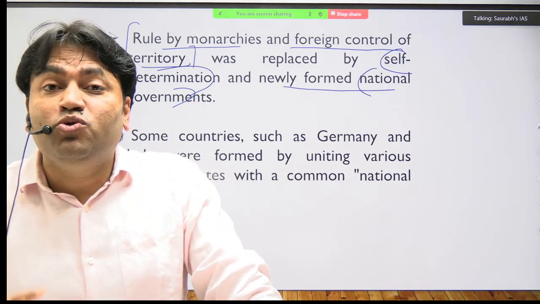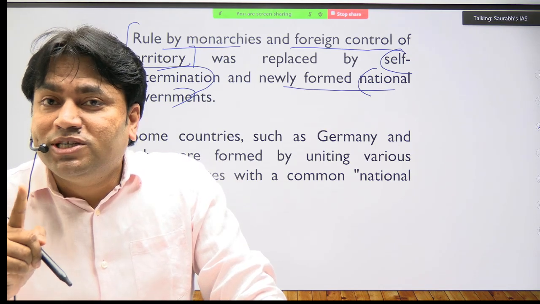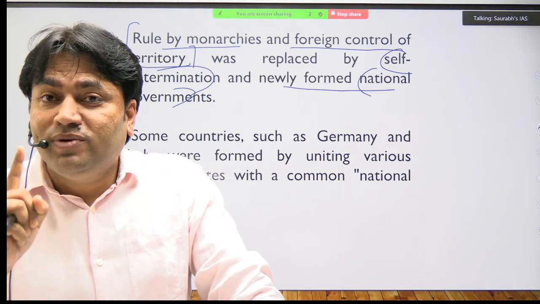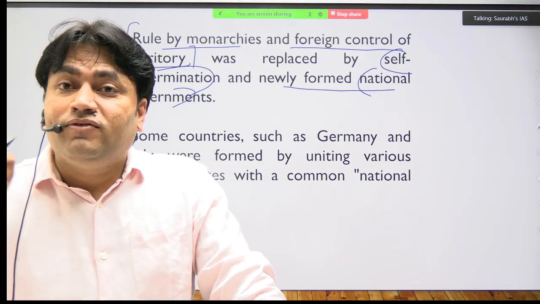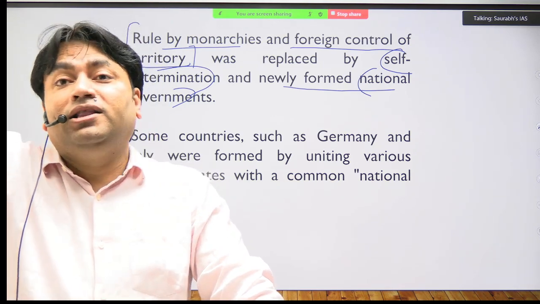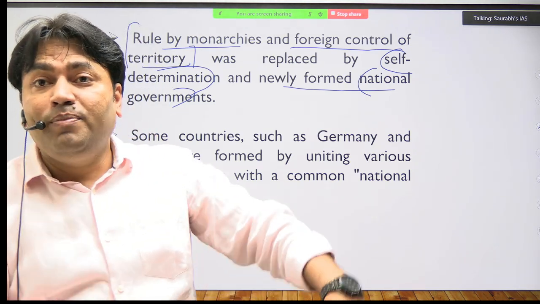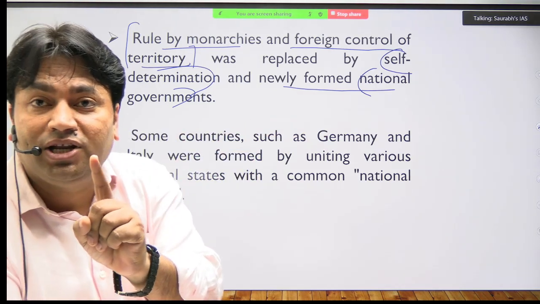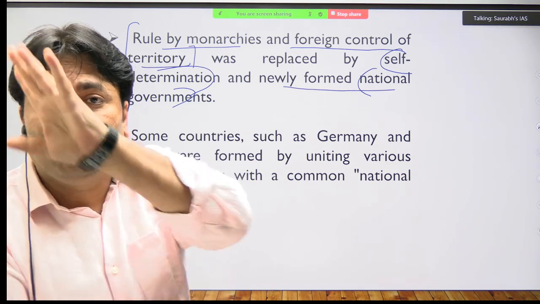In First World War, US will do what? US will emphasize. When US will participate in First World War, US will say that the right of self determination must be granted in the colonies. तो यूरोप में यहाँ जो नेशनलिज्म के दौर में जो डिमांड हो रहा है सेल्फ डिटर्मिनेशन का, यह आइडिया कॉलोनीज तक भी पहुंचेगा.